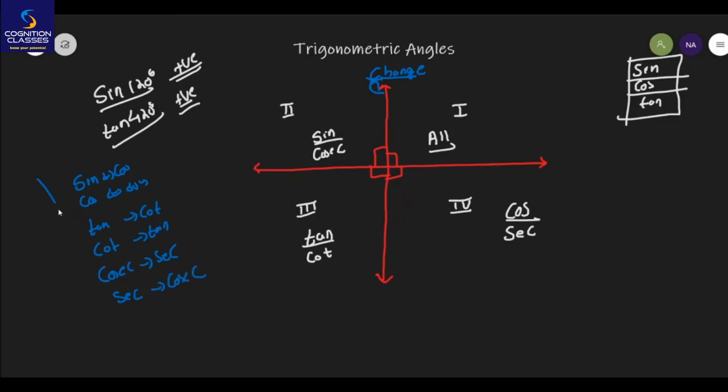Now what do I mean by all these conversions? I will tell you later in this chapter itself. I've just started it, and as we go down the line we will know what I mean by these conversions. But always remember, these conversions will take place whenever we are going about the vertical axis. By vertical axis, what do I mean? Suppose 90 plus something, or 90 minus something, then 270. This is 90 degree, this is 180 degree, this is 270 degree. So on 90 degree and 270 degree, conversions will take place.